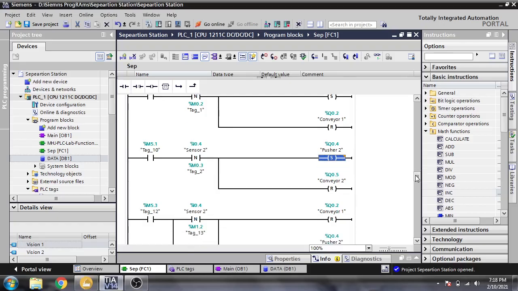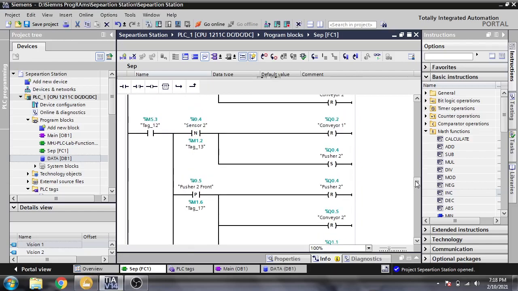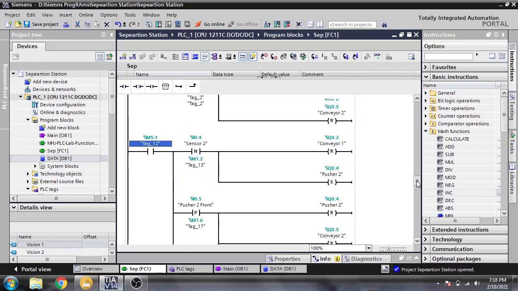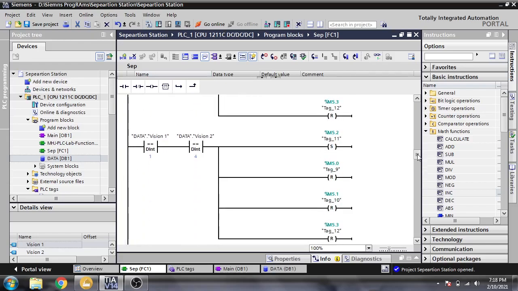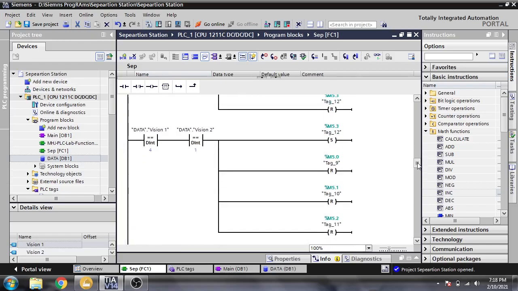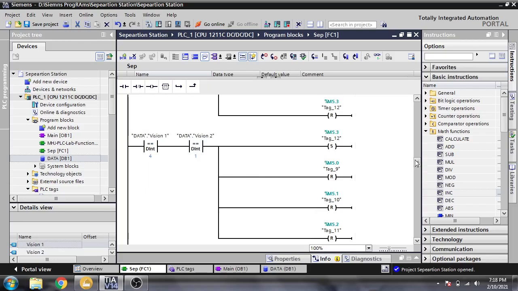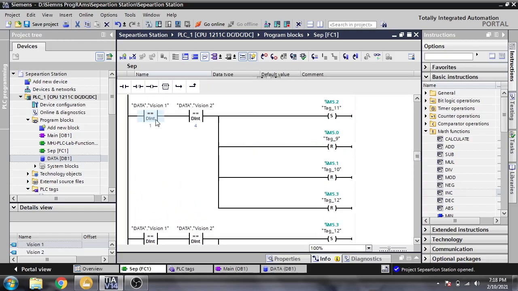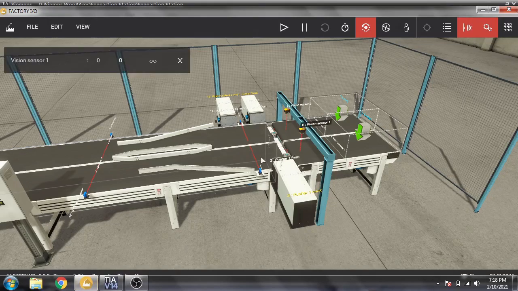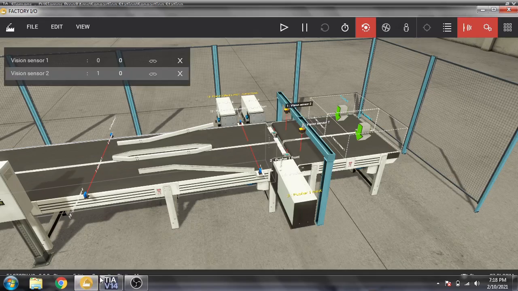Then if we have M5.3, because we are moving one conveyor to blue and the other to green, that one is for blue and that one is for green. That way we don't need to change or push anything from that conveyor to that conveyor.